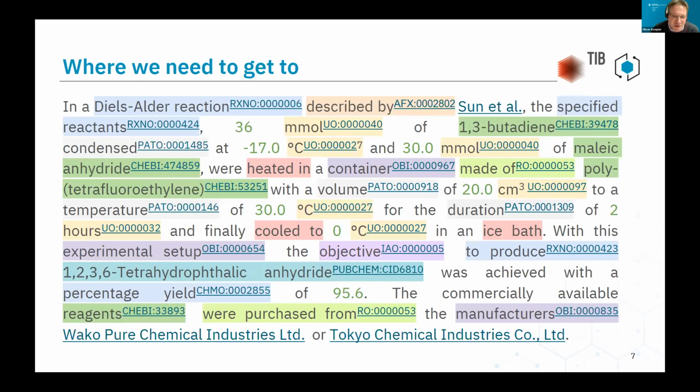So how does semantification of data look? Very simplified. Looking at the description of an experimental procedure to synthesize, in this case, 1,2,3,6-tetrahydrophthalic anhydride, we can apply many terms from the ontologies to semantically annotate the text. We have RXNO for defining the Diels-Alder cyclization, for example, but also defining reactions or the concept